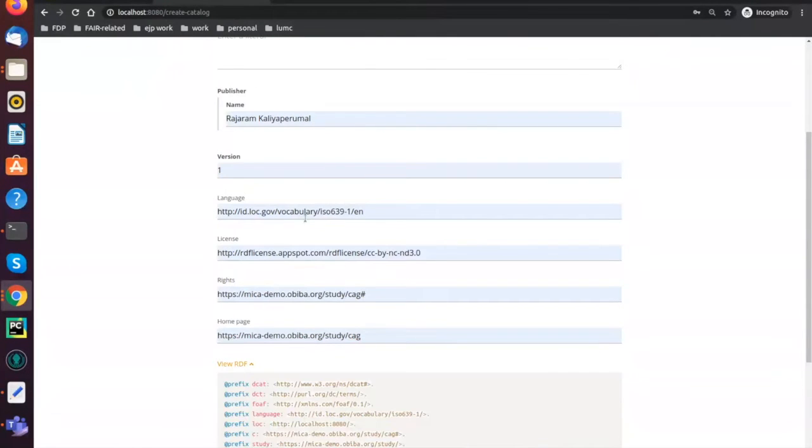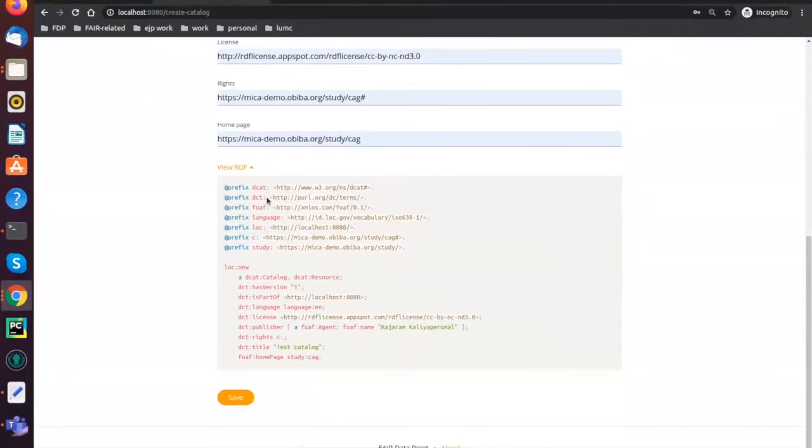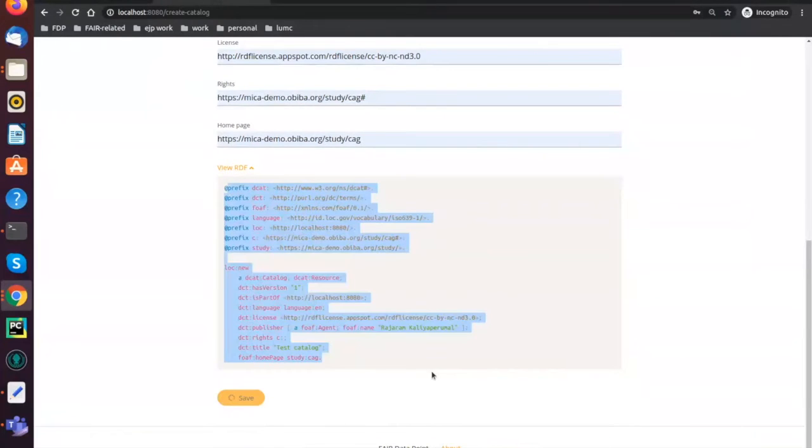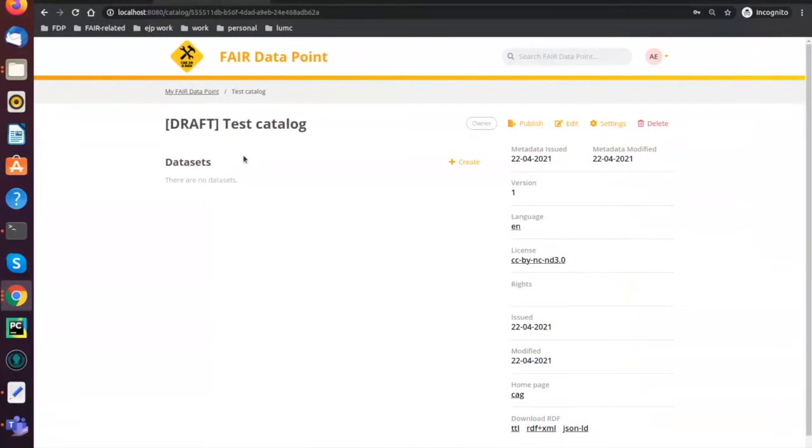So whatever you add in the FAIR Data Point form will be generated. We generate RDF out of those form entries, and this RDF is stored in a triple store, basically. So when you click the save button, by default FAIR Data Point keeps everything in draft mode,